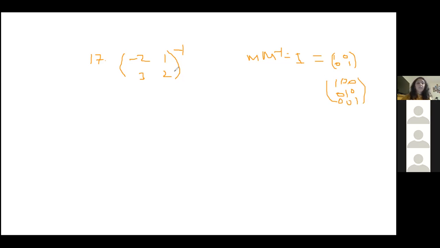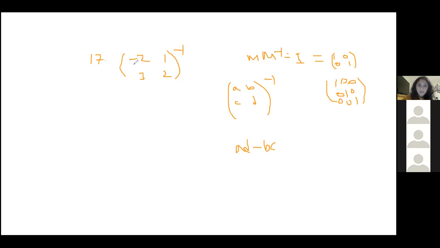The way you do the inverse is you find the determinant of this matrix. Let me take a generic matrix, A, B, C, D, and we're trying to find the inverse of it. The determinant of this matrix is AD, so you times across, A times D, take away B times C. So this is the determinant of the matrix.